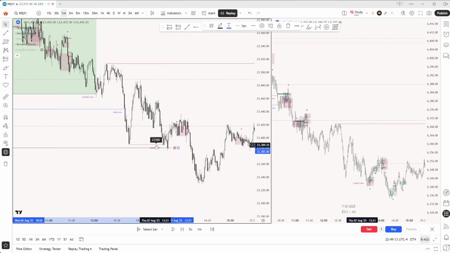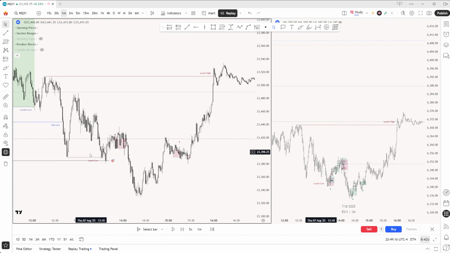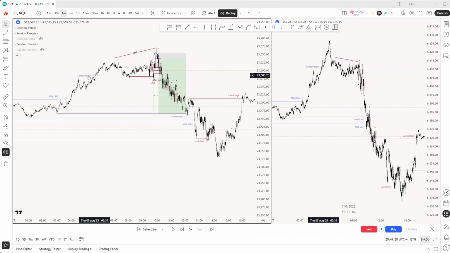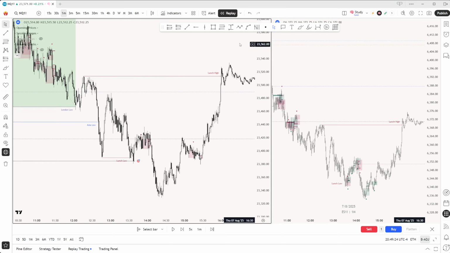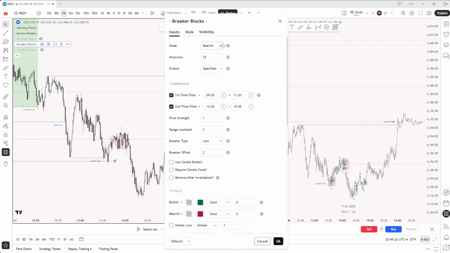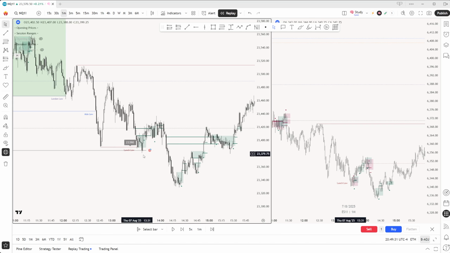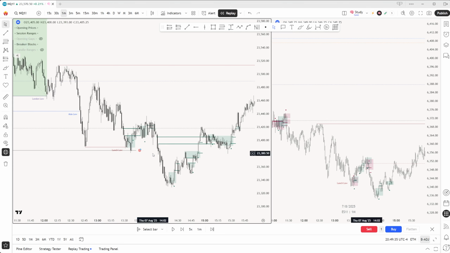But what do we have right here? Another statistical range framework. This is the perfect day to be going on Rice Statistics right after, because we had a successful London framework and a successful lunch framework. So definitely excited to go there. We're going to change the indicator to now be in bullish mode, because as soon as this low gets taken, and also with additional confluence, right, current low of day, we can then look to long.